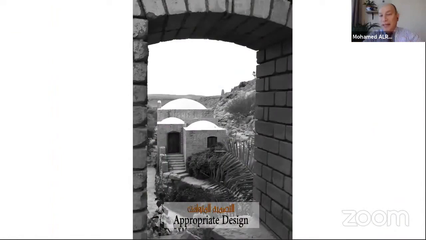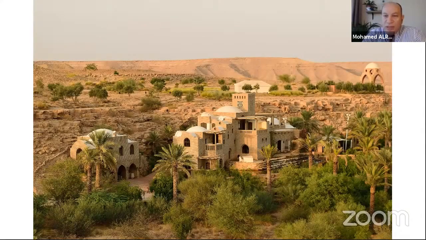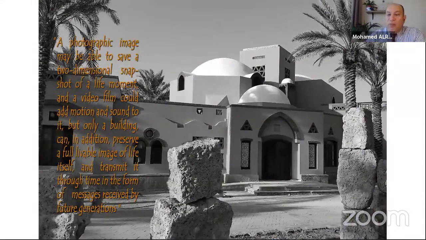Okay, and finally, we have the building material, we have the structural system. What type of designs could we achieve? This is a project I designed and constructed in Saudi Arabia, and it was awarded the Hassan Fathy Architecture Award, and was also nominated twice for the Aga Khan International Award. It is a farmhouse located near Riyadh city in Saudi Arabia. It was fully constructed using compressed earth block produced locally.